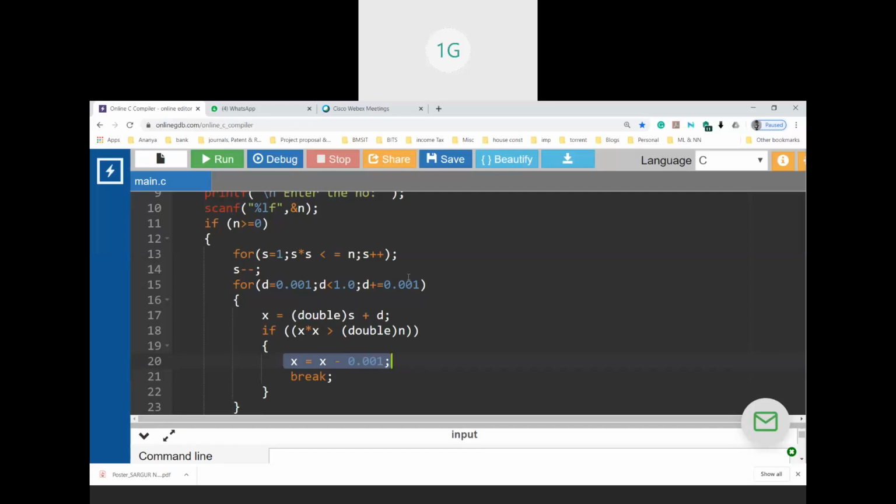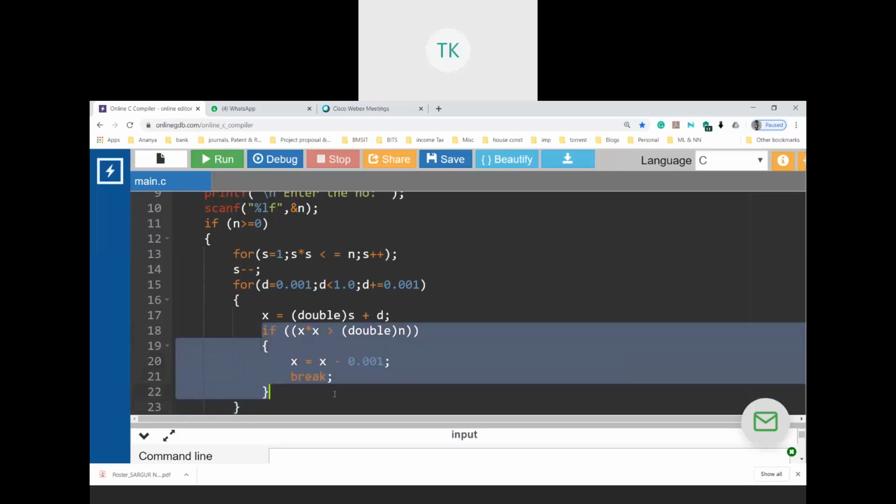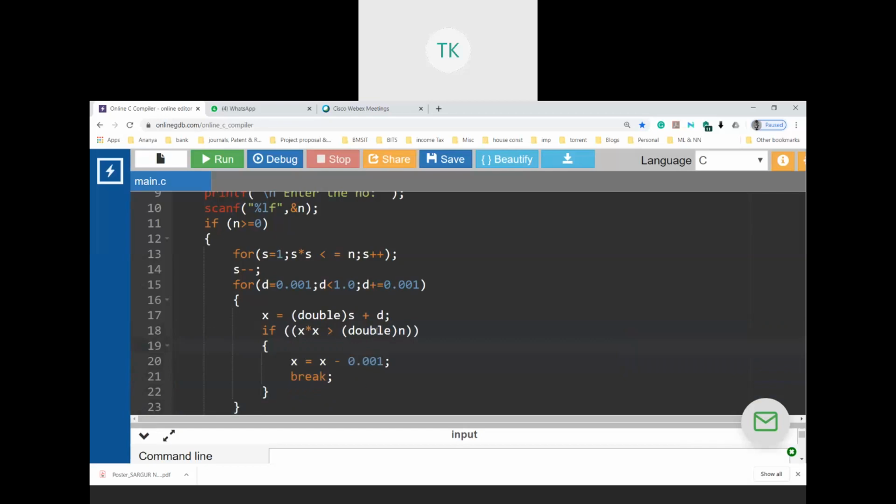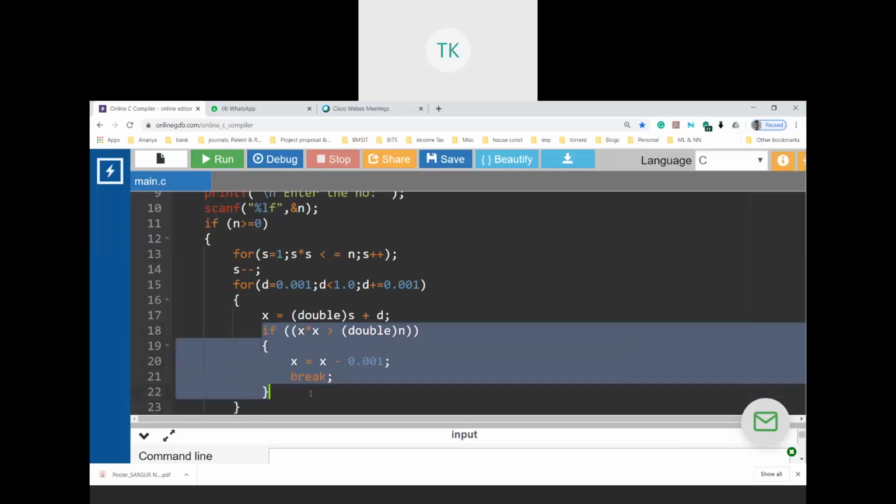See, the idea here is I go on incrementing the value of d and go on adding it every iteration. Now, if the value exceeds 29, then I'm just going to subtract 0.001 from that value, or else I'm not executing this at all, because this condition will fail.